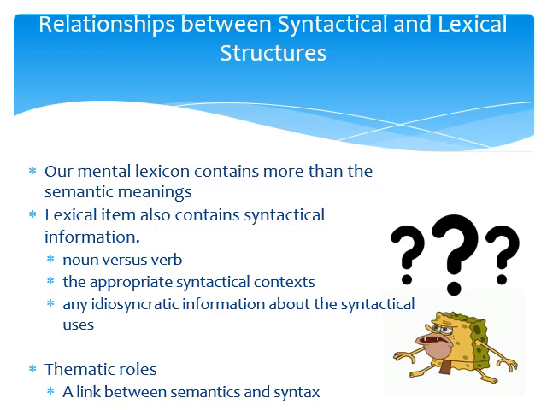Okay? Sabi dito, each lexical item contains syntactical information. Yung syntactical information na yon, sa bawat lexical item ay nag-indicate ang tatlong bagay, no? First ay ito, noun versus verb. Next, the appropriate syntactical context in which particular morpheme may be used, such as pronouns as subjects versus as direct objects, yung mga ganon. And last is any idiosyncratic information about syntactical uses of morpheme. No? Maybe such as treatment of irregular verbs, no?